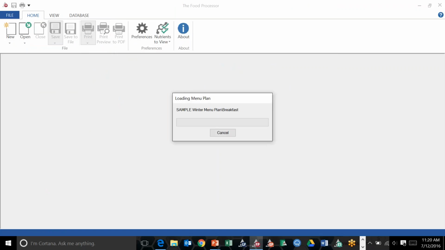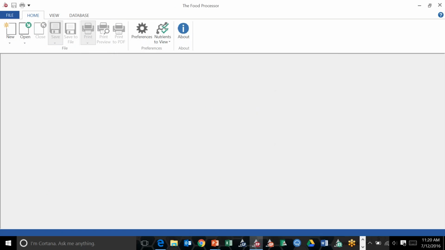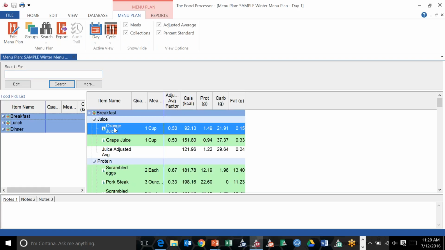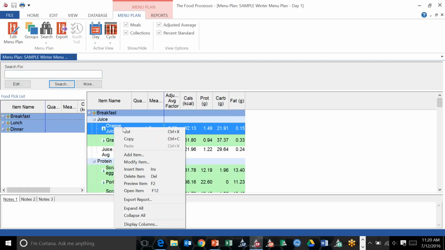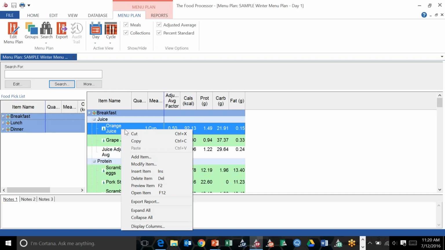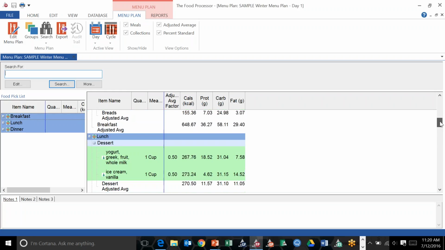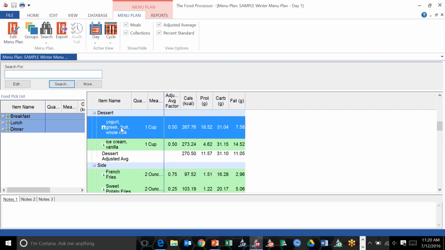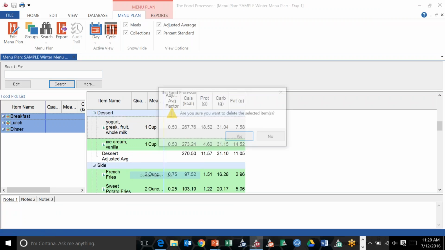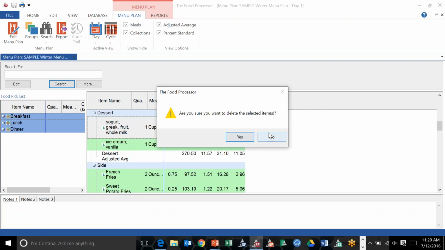I wanted to quickly show you how to modify a food in your menu if needed. You would want to right-click on it, and the food then can be changed to a different food or modify the item. To change the name, which is a common question asked for to make the name more friendly, for instance, we have this yogurt. Perhaps I want it to just say Greek yogurt. I can right-click on this food and open the food at the ingredient level,